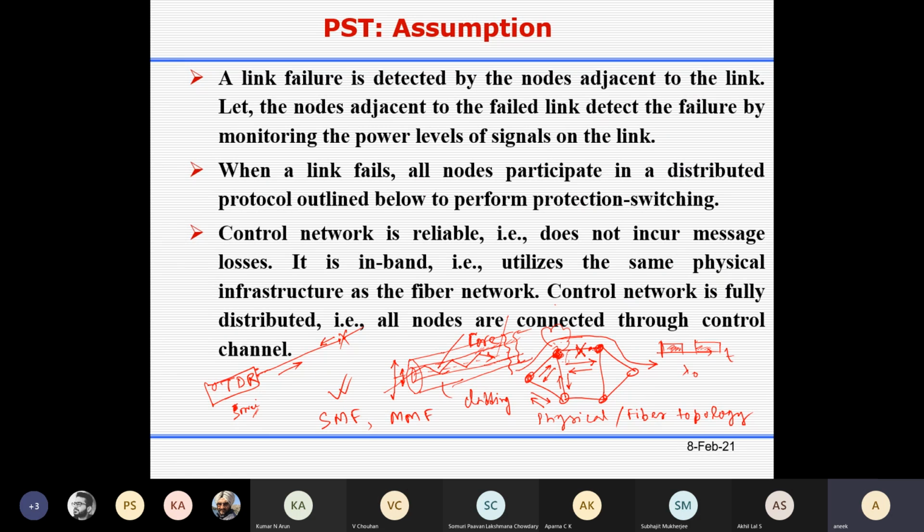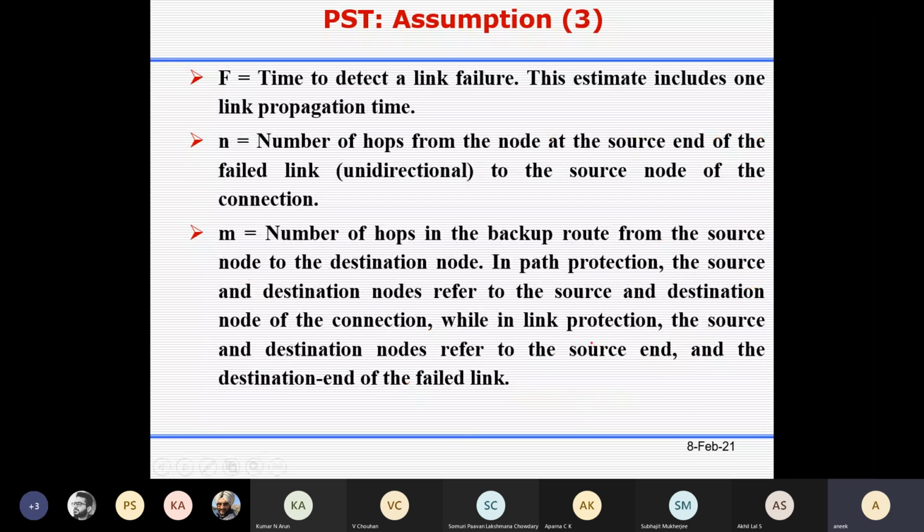So this F, the time to detect a link failure, should be at least more than the propagation delay for one fiber. That is, F should be more than your P value. This estimate includes one link propagation time, which is the P value.